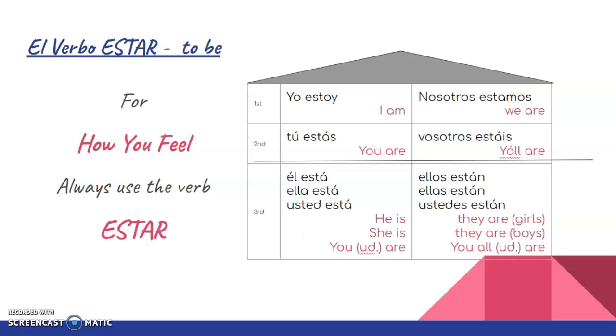El perro está nervioso. And then they is also, this is singular, one on this side, and this is plural on this side. So this is plural third person, they. And then you all, they are, and you all are. So write this also. It'll also help you remember which person goes with which form of estar. And there'll be a quiz at the end of the week. So you're going to have to practice. Yo goes with